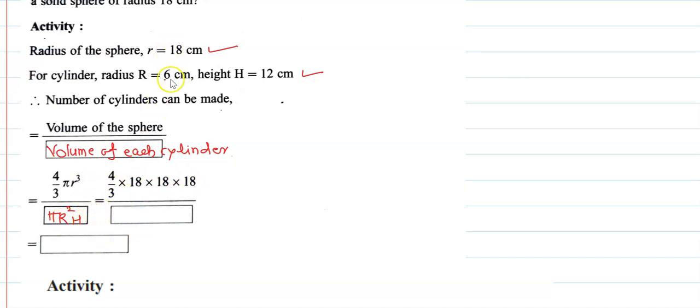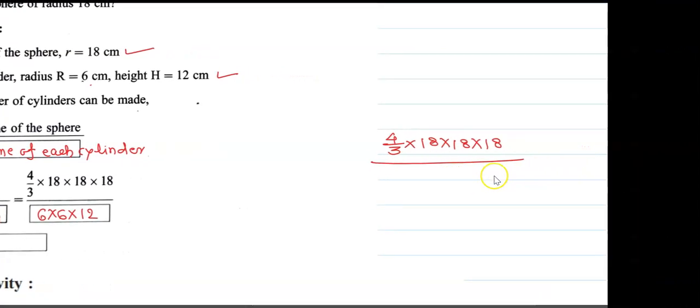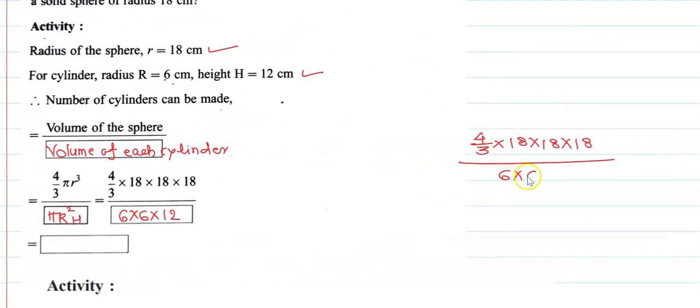Now what is the R? Capital R is 6 into 6, here I will write 6 into 6. What about the capital H? Capital H is 12. Now the simplification. Simplification: 4 by 3 into 18 into 18 into 18, and this whole divided by 6 into 6 into 12. Okay, now the next simplification, 3 1s are 3,